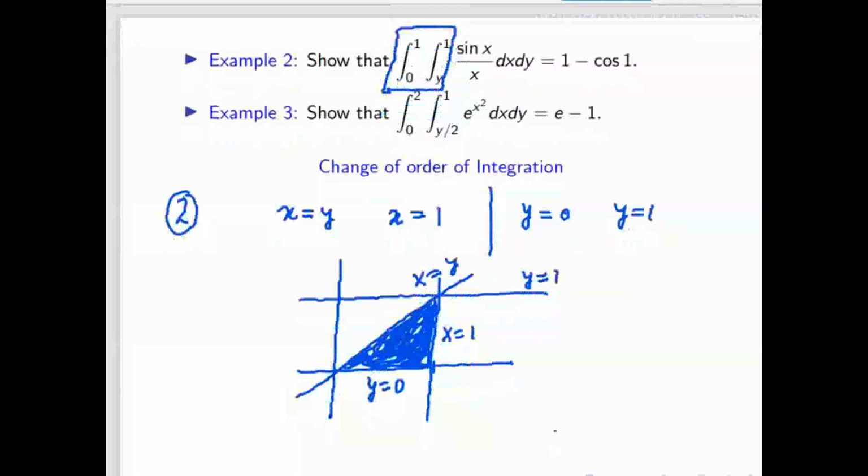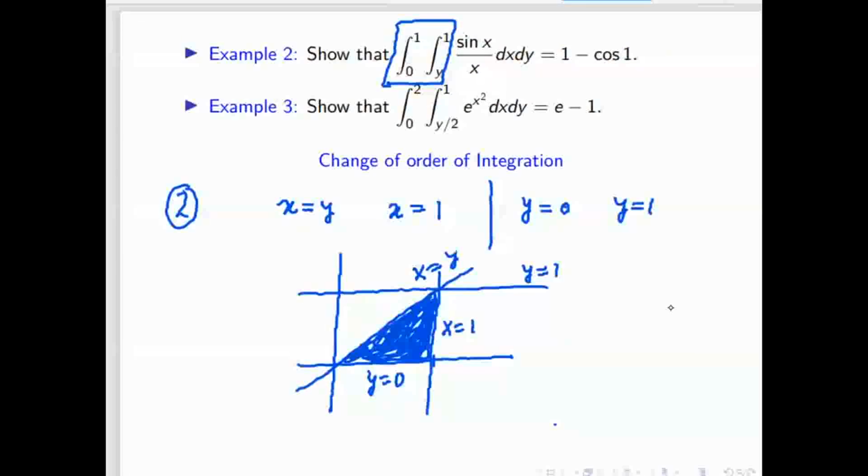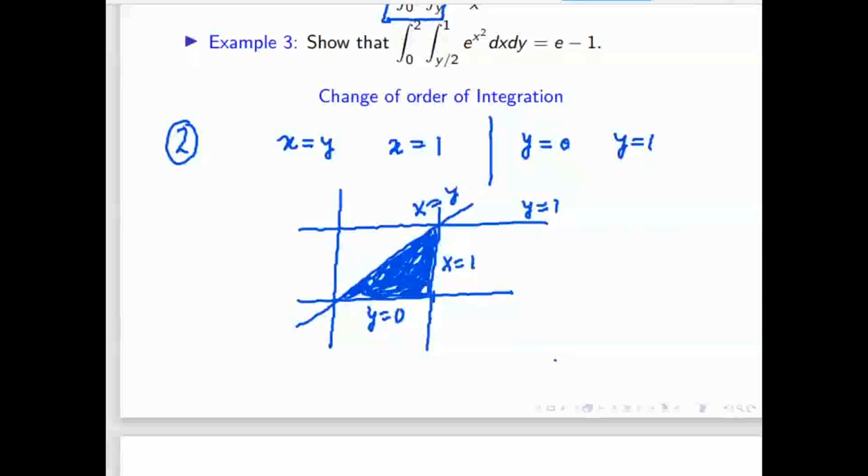So here x limit is starting from where to where? x is starting from y to 1, and y is starting from 0 to 1. So the same picture I will draw both ways. Suppose you want to change x and then y, and then y and then x. So what you can do is take one strip here. So this strip I took